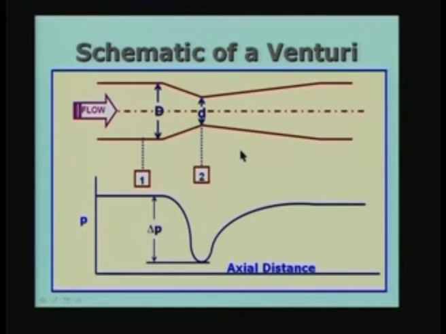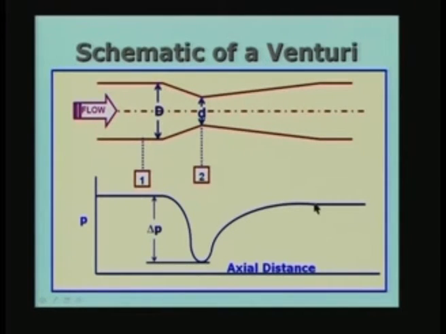And let us look at what is happening. I have schematically shown the variation of the pressure along the direction of flow. The direction of flow is from left to right, as shown here, and the pressure is uniform till it comes to the variable area section, where it starts reducing. At section 2 it has the minimum value because the velocity is highest here. In the diverging section the velocity again starts decreasing and the pressure starts increasing.